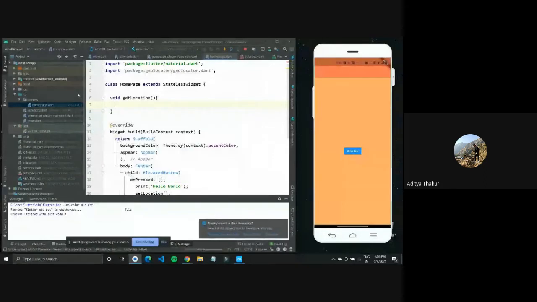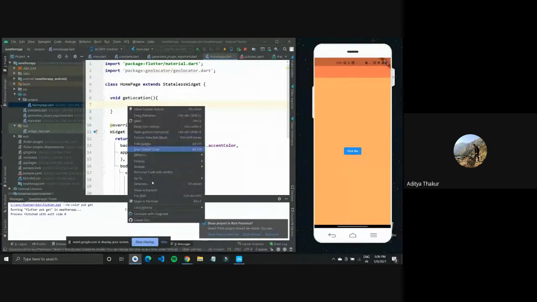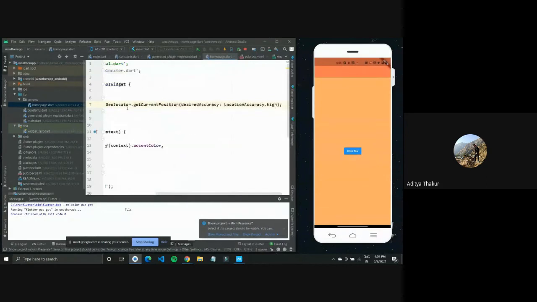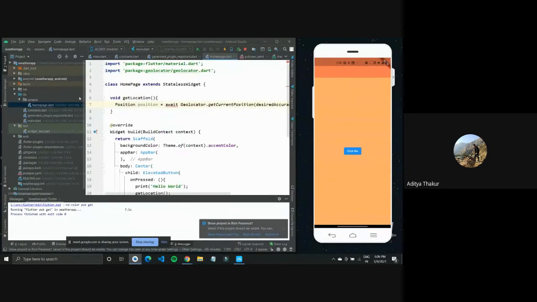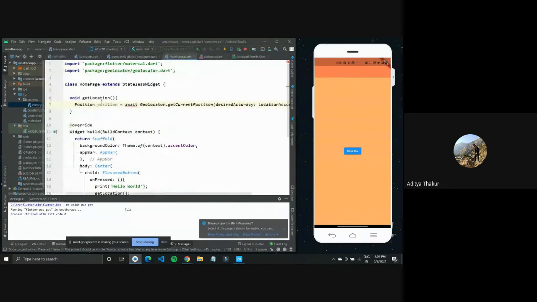So use it from the documentation itself and just have the position code here. So I'll just explain what this is.